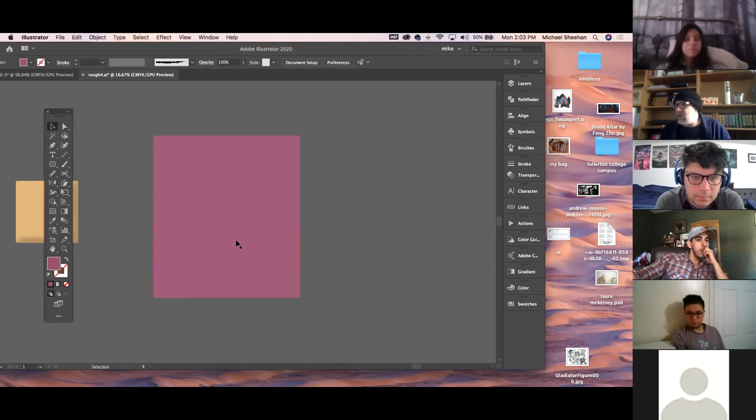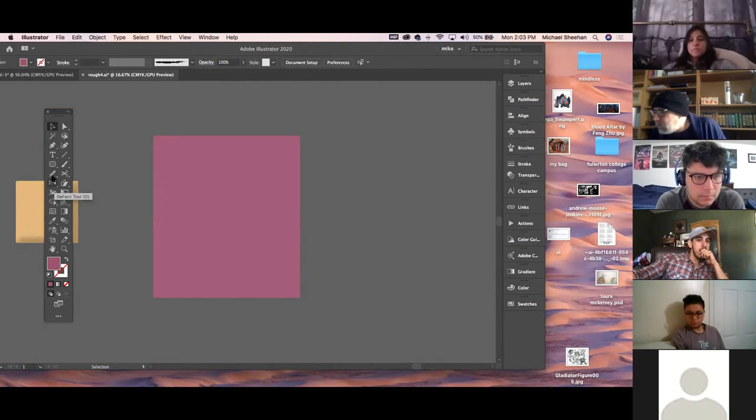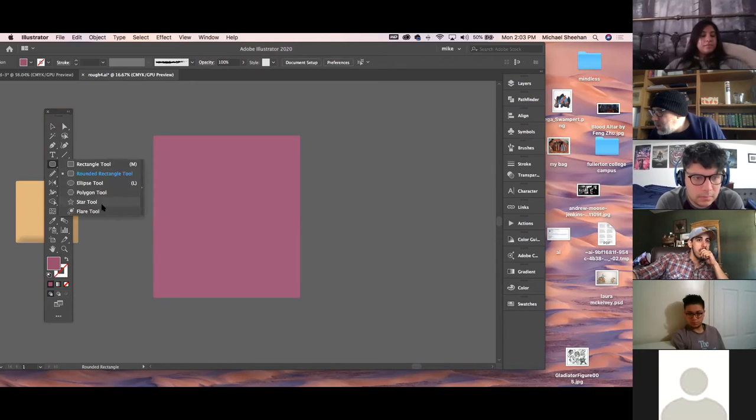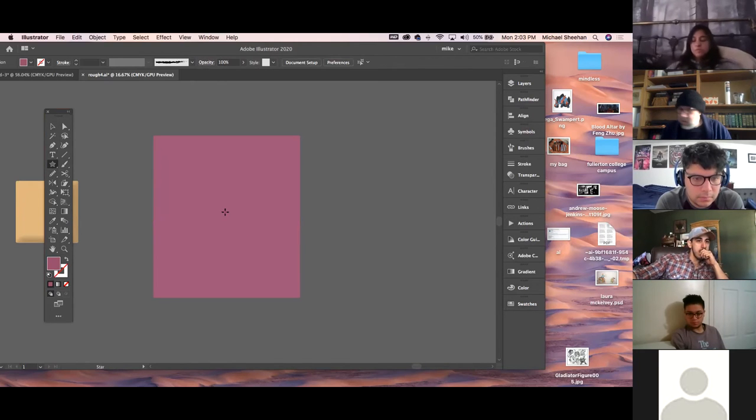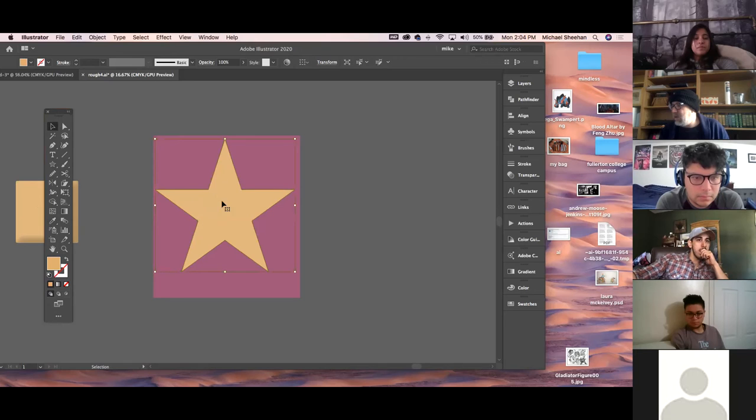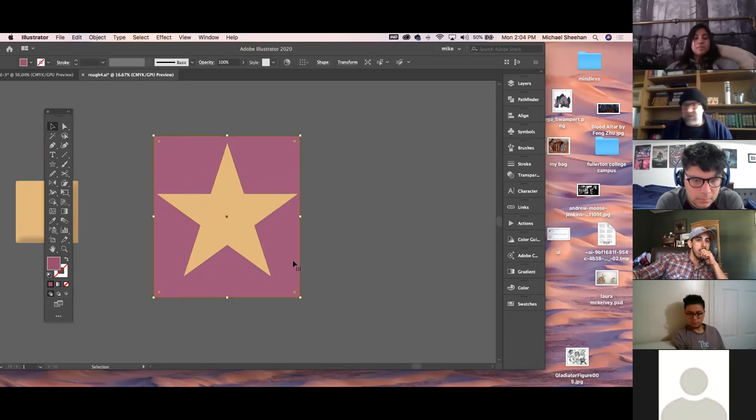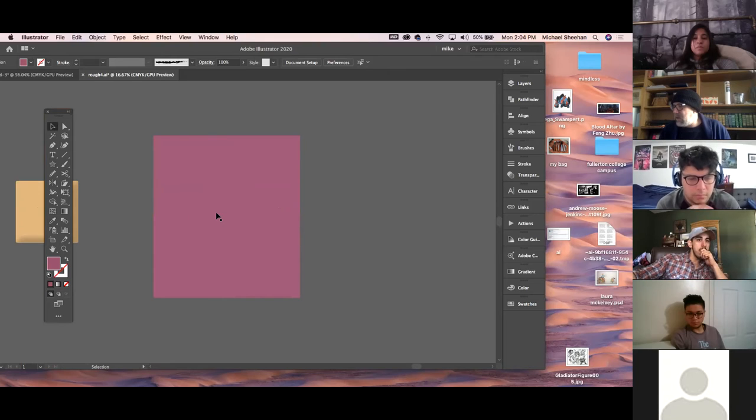Okay, so let's say this is a shape I want to clip, correct? And then I want to go here and get a star tool just so we really see it. The last object I make is going to be on top by default, so let's make this object a different color just so we see it. Now, if I make a new object to put under it, it's going to be on top of it. So let's say that this was the last object I made. A clipping mask won't work, right? So what I got to do is